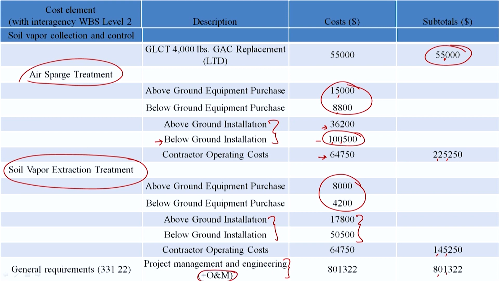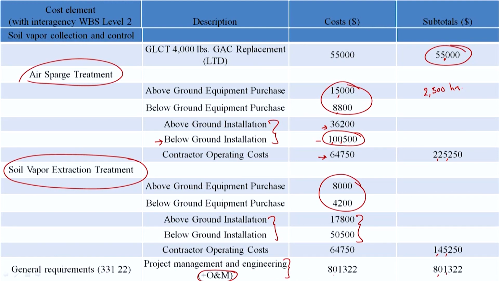operation and maintenance. As you see, they ran it for thousands of hours, I think 2,500 hours in one particular zone, and then around 10,000 hours in another particular zone. So obviously you are going to have relevant bills to pay, both the utility bills, the labor and so on and so forth. So I guess these are the relevant aspects, and that they end up almost around 70% of the relevant cost.